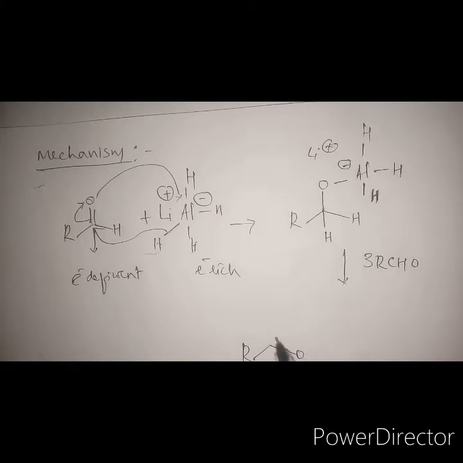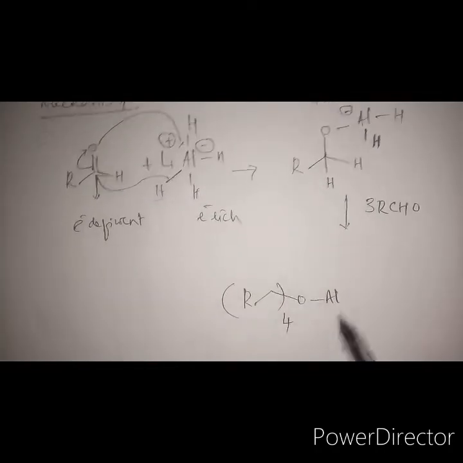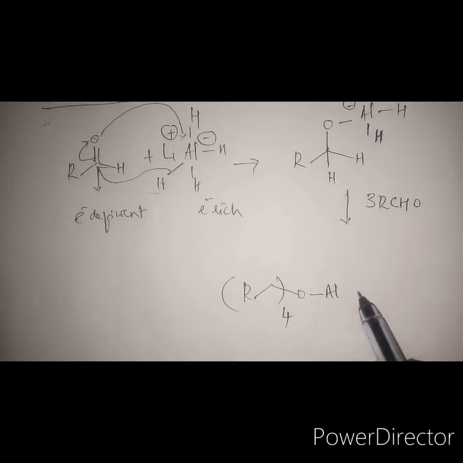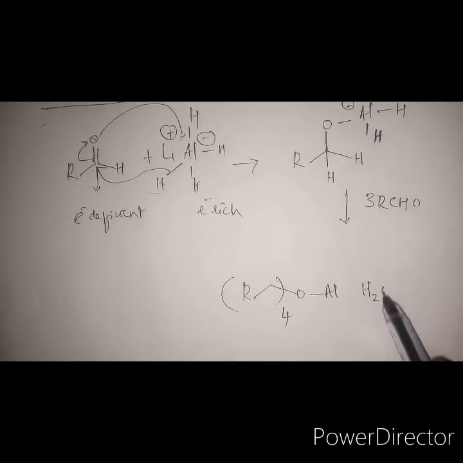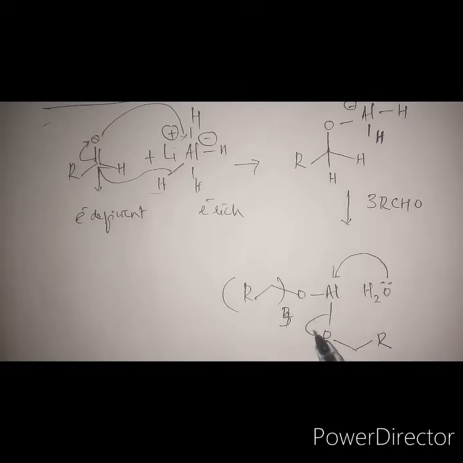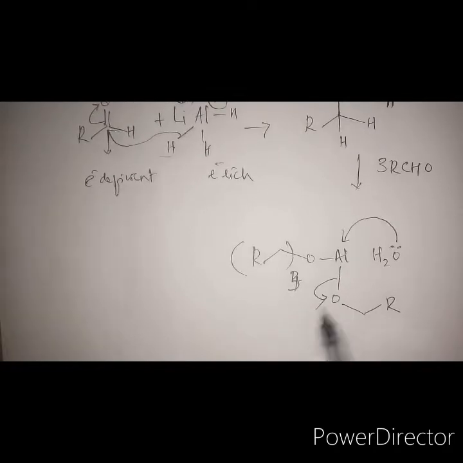So you can write like this. This is 4 times aluminum. Now all the H will be replaced with the aldehyde group. Now this will undergo a hydrolysis reaction, so it will act as a nucleophile. So the aluminum attacks. Now we will make it 3. This is R. So this group will detach from the molecule.